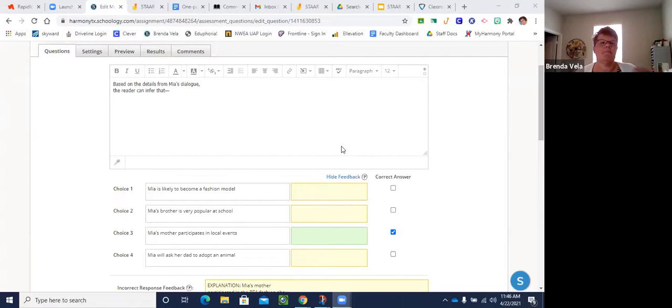Even if you went to the passage and you started counting up all the things Maya talks about with her mom, there's more things she talks about with her mom than anybody else. She only says one thing about her brother. And that her brother is going to escort one of the prom queens, or is it the prom queen herself, or is it one of the runner-ups or whatever, someone who